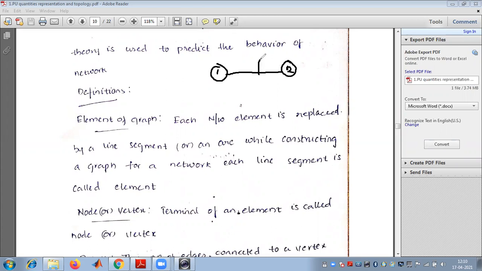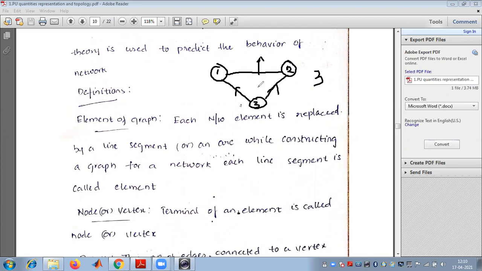We are not calling this a straight line; instead of a straight line, we call it a line segment. That is called an element of a graph. So this is called one element. Suppose you have another node here, and you make the connection between these two, again you will have one more element. So the total elements of this graph is equal to 3. The number of elements is equal to the number of line segments. That is the basic definition.